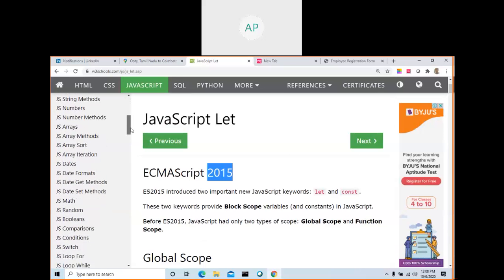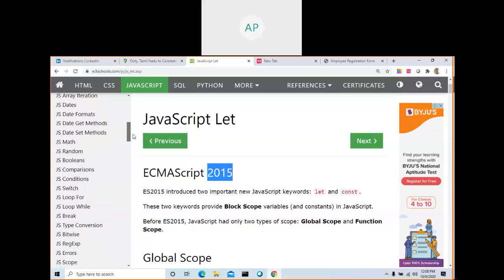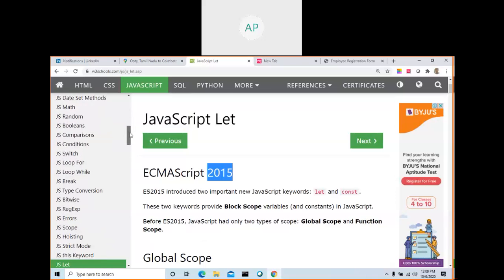I have around 20 to 30 videos. If you read that, then you will probably get the knowledge. See here: if condition, switch, JS condition, while loop, break, regular expression, and the scope.